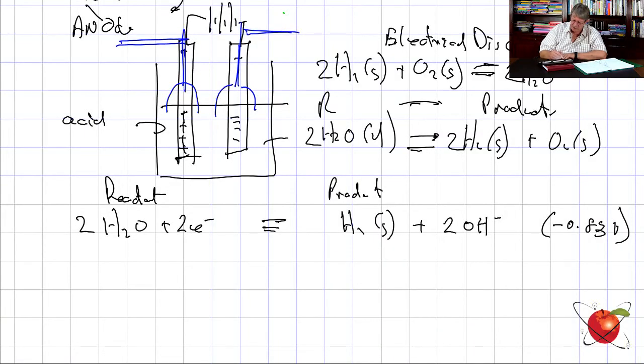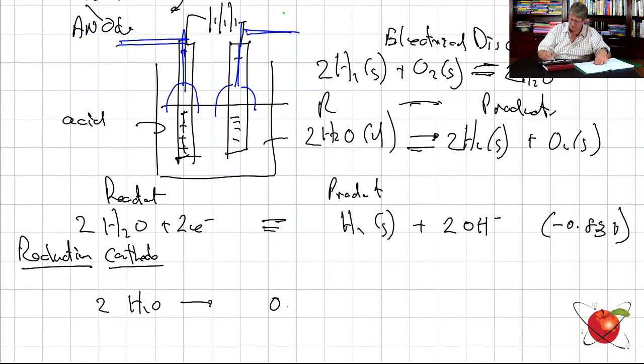Now, this one over here then, this is reduction, isn't it? Okay, gaining electrons. So this is our reduction. Reduction is happening here, gaining electrons. So then it must be the cathode. All right. So the reduction is happening there. So let's find the opposite one. The opposite one must be